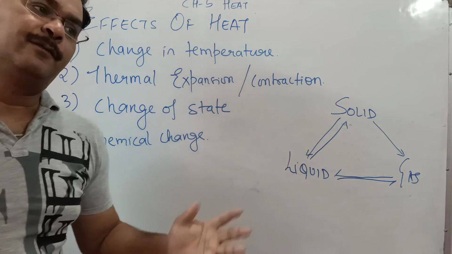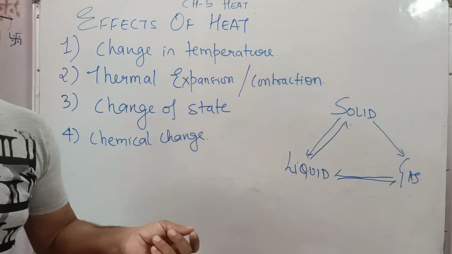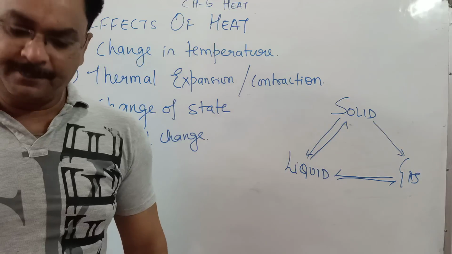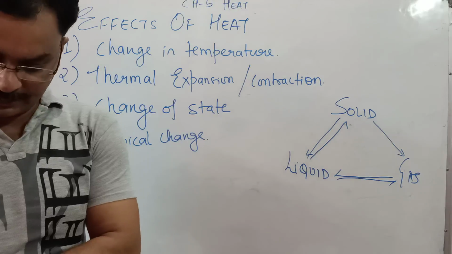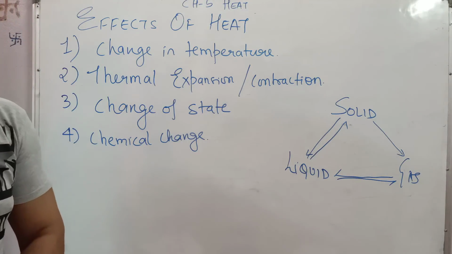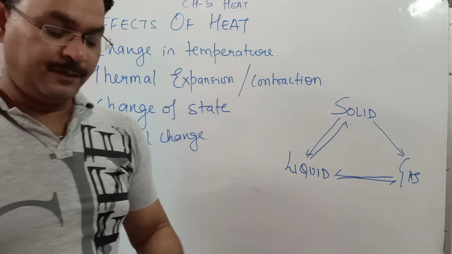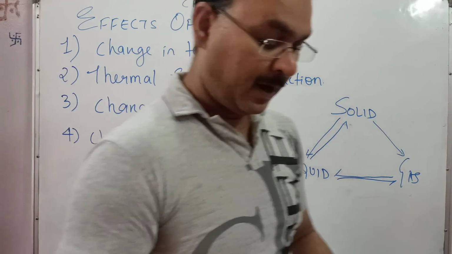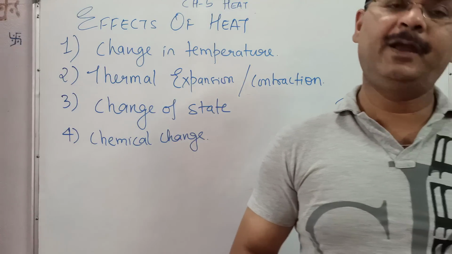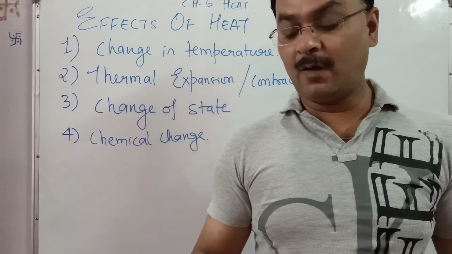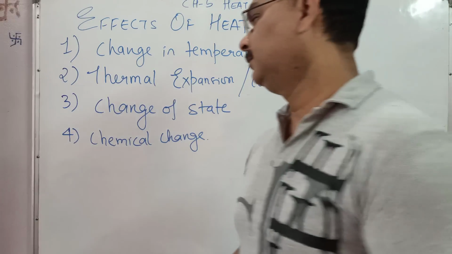Okay, when a substance like wood, charcoal, petrol, paper, when we heat them, what happens? They catch fire and provide heat and light energy. So there the chemical change was there. The substance undergoes a chemical change with the formation of carbon dioxide and a large amount of heat and light. Now burning a substance in the presence of air or oxygen with the release of a large amount of heat and light is called combustion.